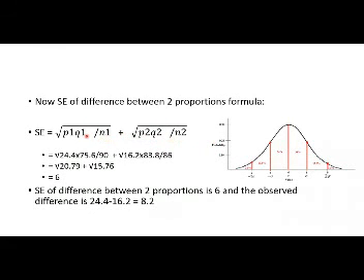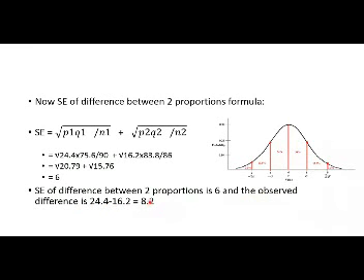Over here there are two samples for vaccine A and vaccine B. This is for vaccine A, P1 Q1 by N1, that is the first sample, and this is the second sample. We calculate by putting the values. P is 24.4 over here, 75.6 is the Q1, 90 was the sample size, and similarly over here we calculate all these. Now this is coming out to be 6. So the standard error of difference between two proportions is 6, and the observed difference is